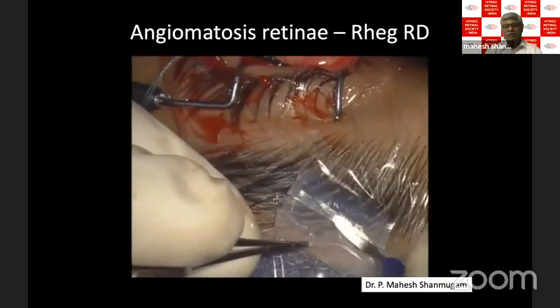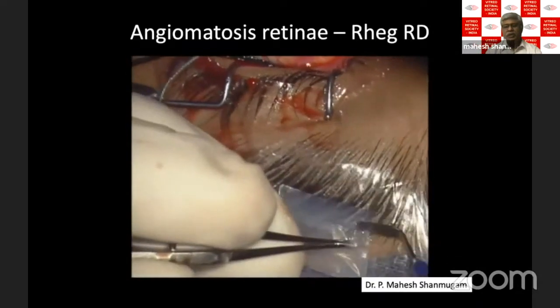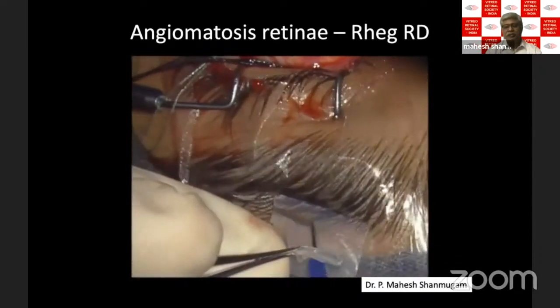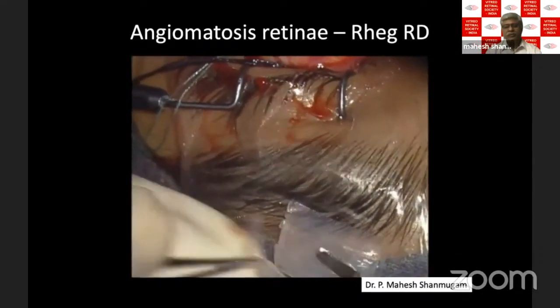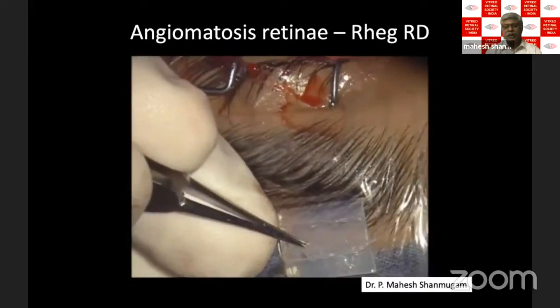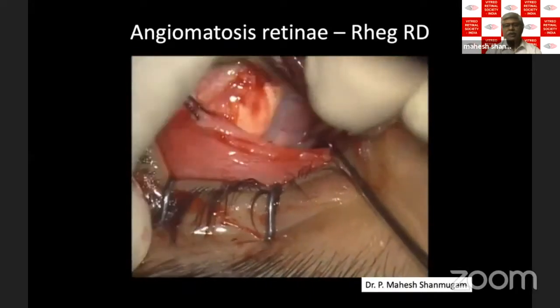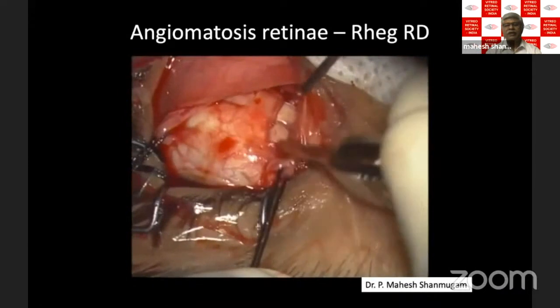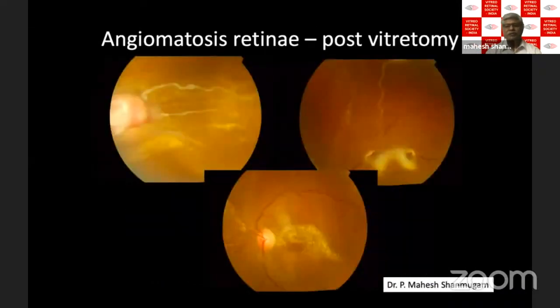And this is the modification of the solid silicone, which is placed under the area of the tumor to support it as well. So using this technique of brachytherapy and a peripheral buckle along with the vitrectomy, I find the risk of losing these eyes is much lesser, and there's a better post-operative appearance.